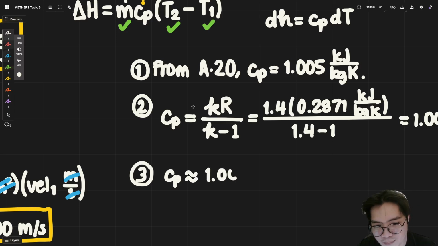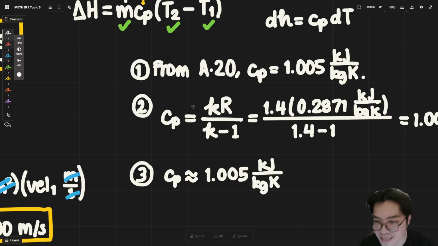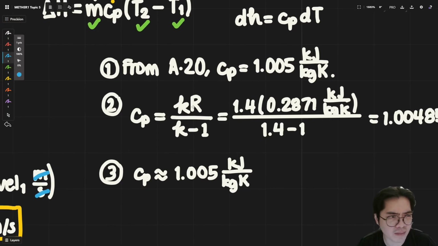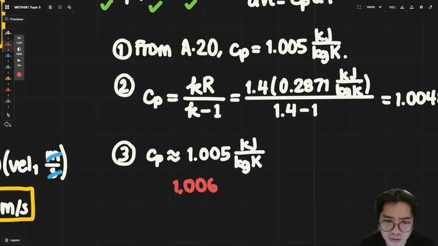The value of CP of air that I will accept is 1.005. Sometime down the line, you might see a solution wherein they might say 1.006. That's fine as well. When you're trying to be conservative, maybe 1.006 may work. And some people who just don't care, they just use 1, which is somewhat preposterous, but honestly,